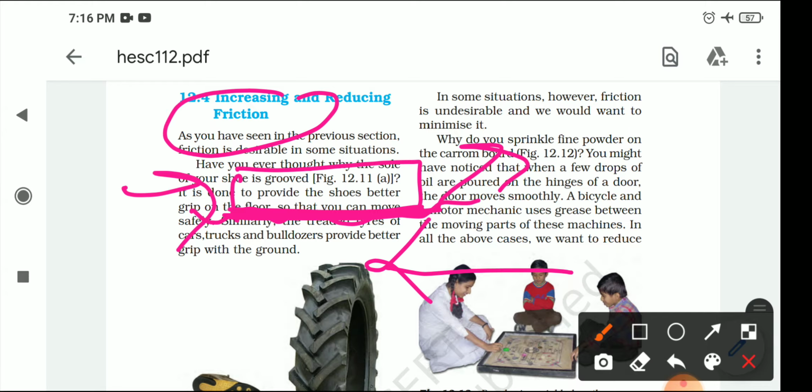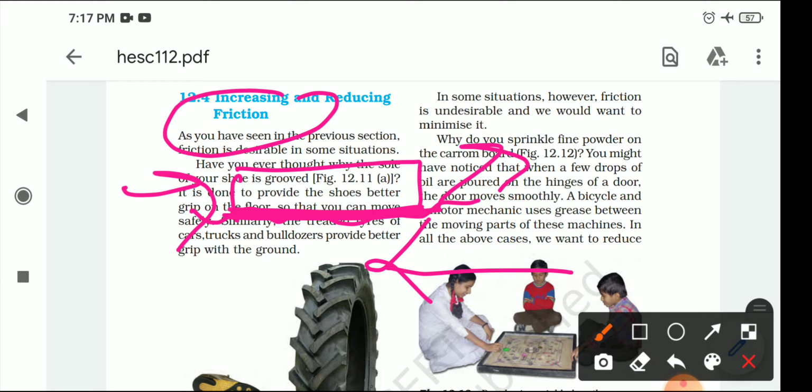So now today we are discussing how we could increase the friction and how we could reduce the friction. Sometimes we really want to increase the friction, like when we are walking. We need friction, then only we will be able to walk properly. If we walk on very slippery tiles or wet tiles, you saw that walking is not easy. Walking is very tough for us. So what do we need to do? Okay, so we need to take something with a rough surface, so we can easily walk on that.